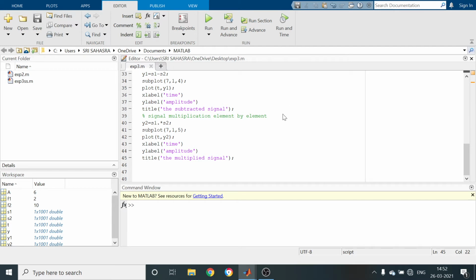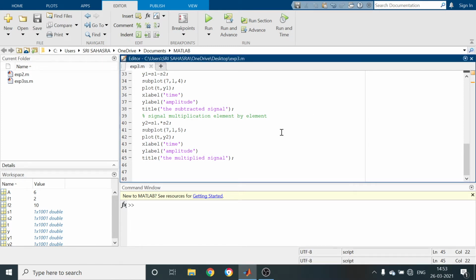Now we are going to get the fifth position. The first one is signal 1, the second one is signal 2, the third one is the added signal, the fourth one is the subtracted signal, whereas the fifth one is the multiplied signal. So what is the amplitude? 8 into 6, nearly 48 volts. Now we are having the last operation, amplitude scaling.